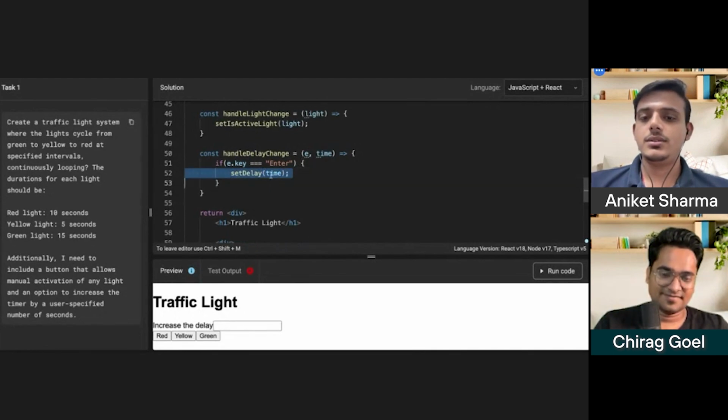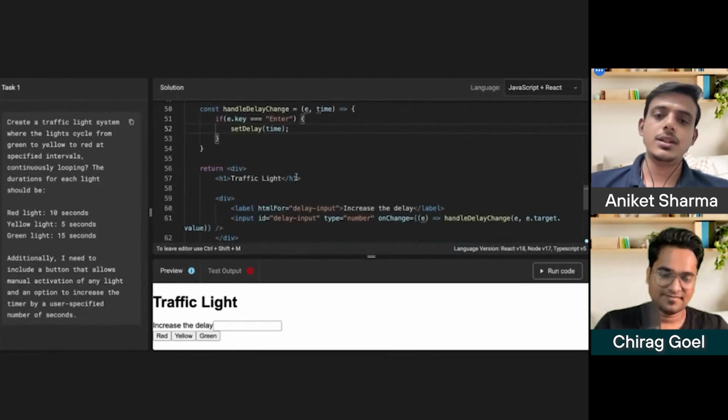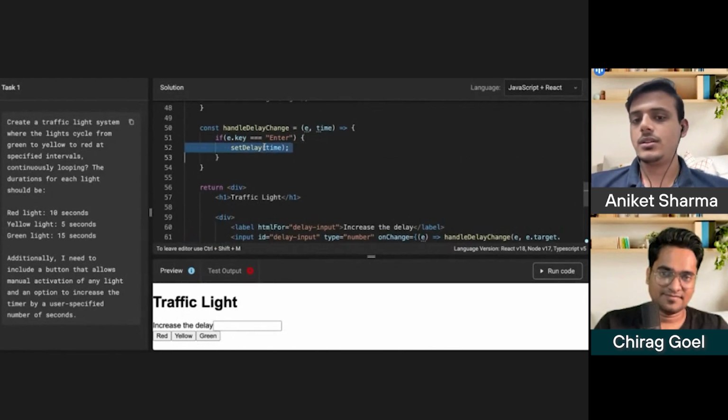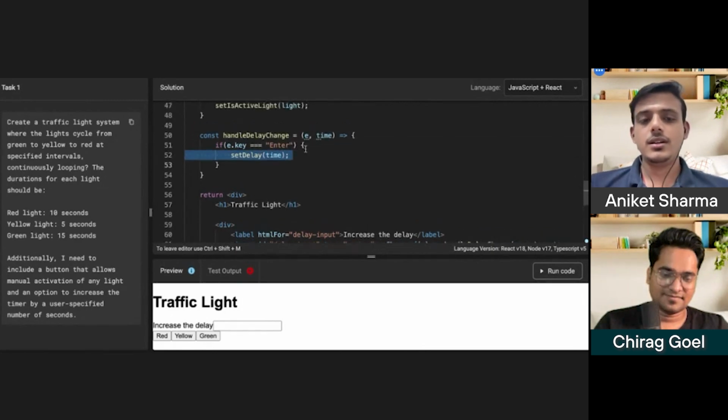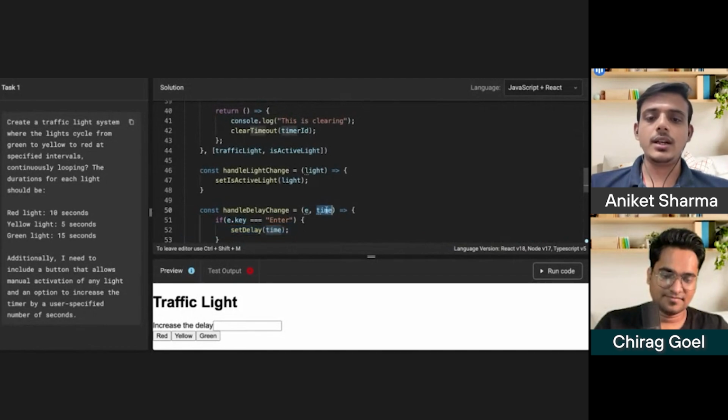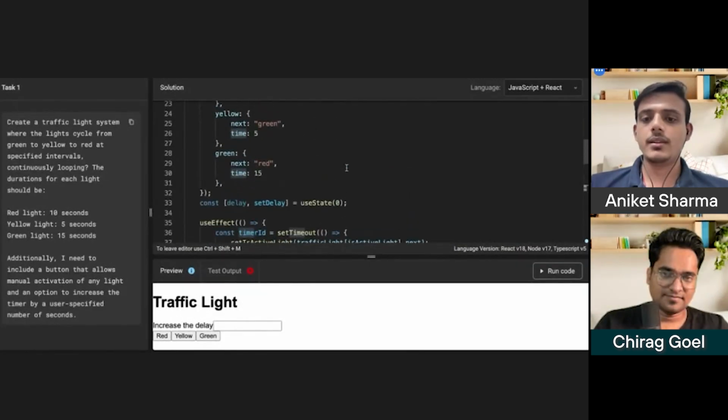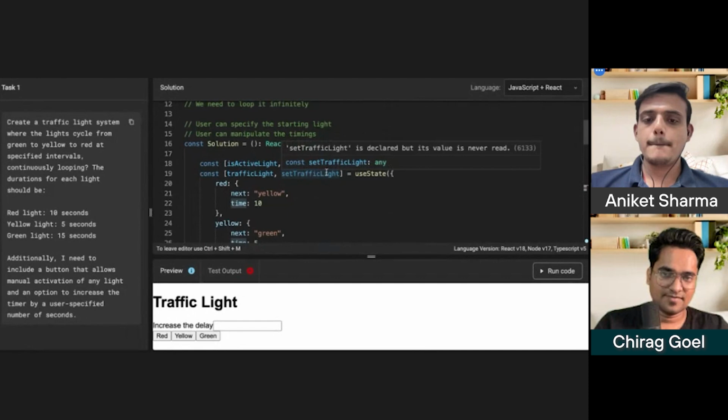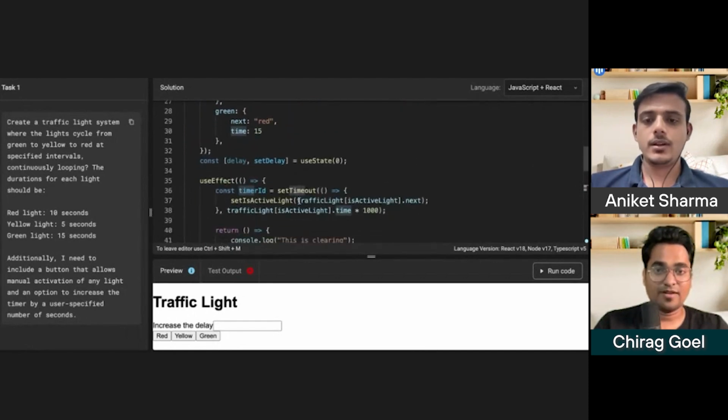That is what I'm thinking, because we are doing our logic here itself. I suspect we don't need this extra state, because we directly have access to this time.